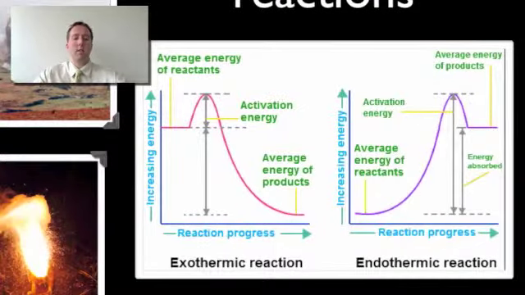So this little diagram down here explains that a little bit. All chemical reactions need a little bit of what's called an activation energy. So if you're going to burn a fire, then you actually have to light a match first and give the wood a little bit of a start, give it a little bit of heat to start that reaction happening. But then if this was a combustion reaction, an exothermic reaction, the amount of energy at the end in the atoms would be less.